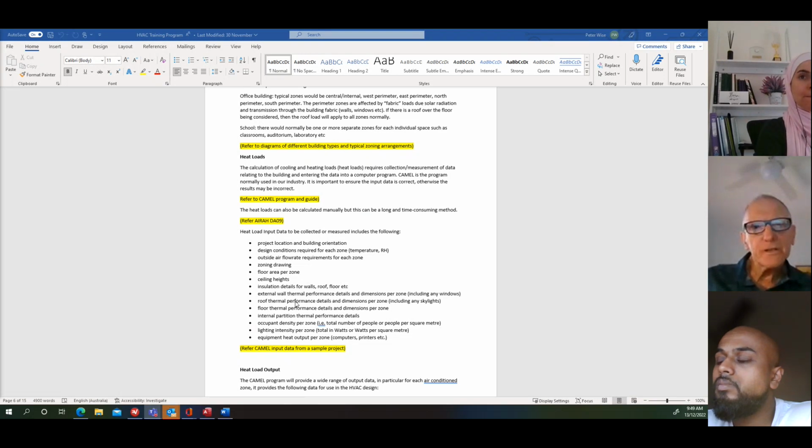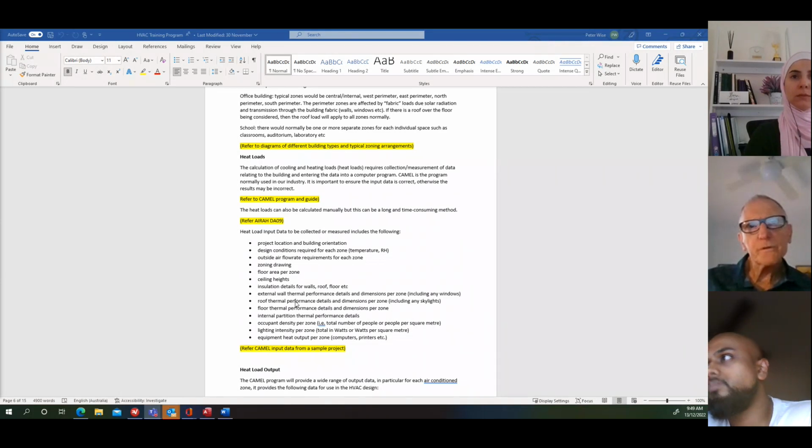And you can list all these things out and say, we've based it on a certain U value for the walls, a certain U value and shading coefficient for the glazing, so many people per square metre. All these things are the basis of your calculations, and need to be clearly stated and agreed to cover yourself,